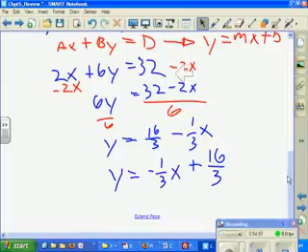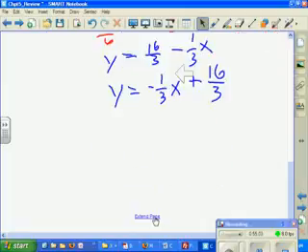You have to simplify 16 over 3? I don't think so. Does the textbook want you to? If you were to say here, then our slope is